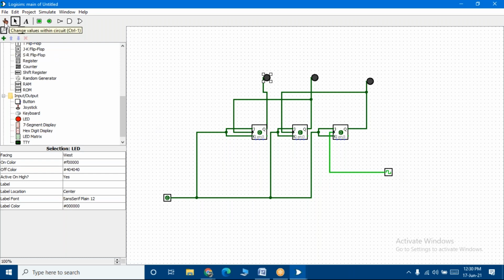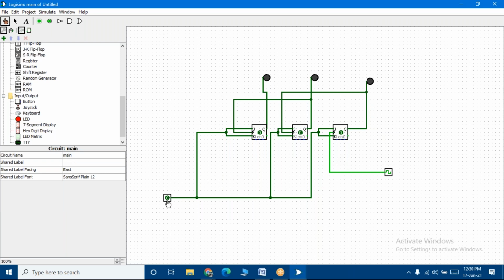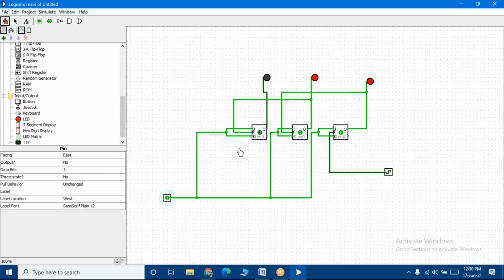Now I'll select this input and make it 1, right? You can see, students, the output is changing here: 0 1 1 0 0 1 0 1 1 0 1 1 1.